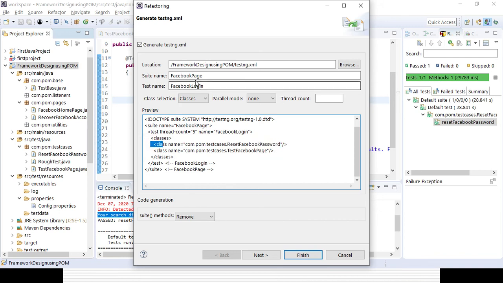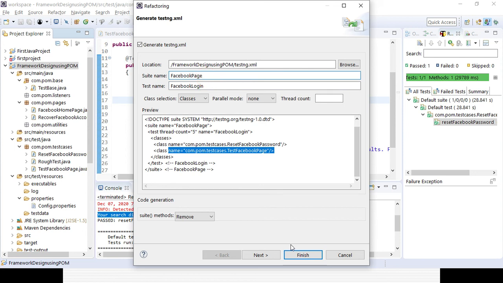And you can see here after entering the suite name and test name, it is also getting updated, right? The suite name and test name are getting updated accordingly. Okay, so that is the reason only two classes are coming here in the XML file. Okay, so I will just take the classes. So this is the syntax. Whenever you want to give multiple classes in a single run, you have to use the classes tag, and inside it another tag, the class tag, where you need to give the name, and the name will be package name dot class name, right? This is the syntax, and you can give a suite name and test name, right? So if you create the suite name and test name from scratch, it will be coming from here.